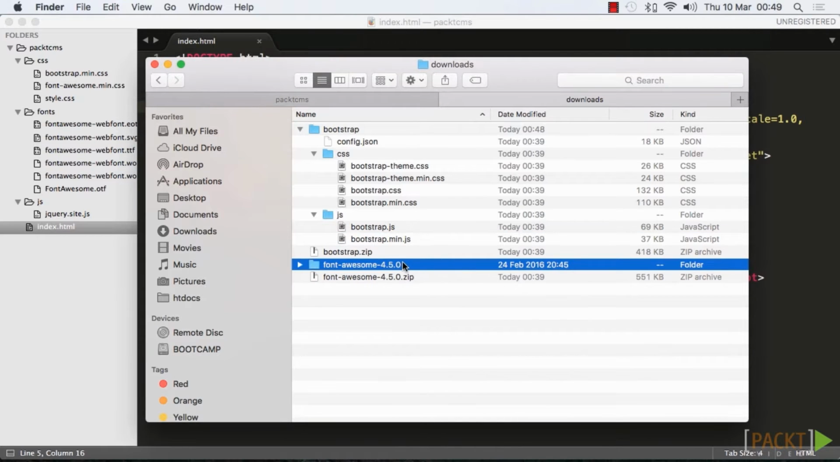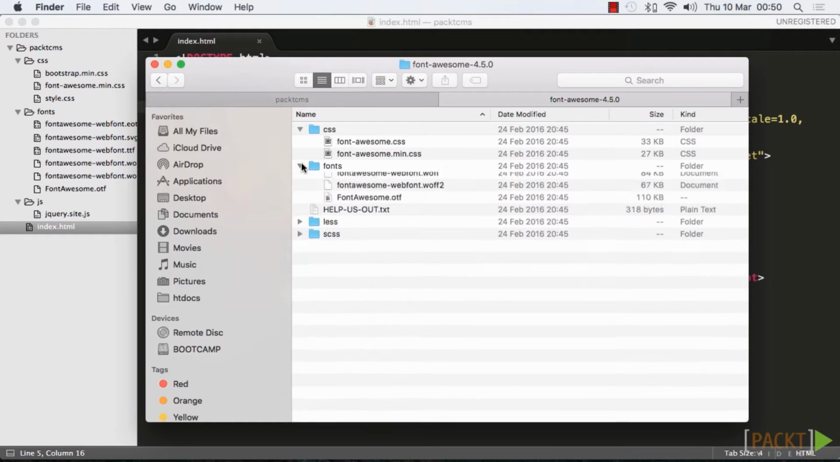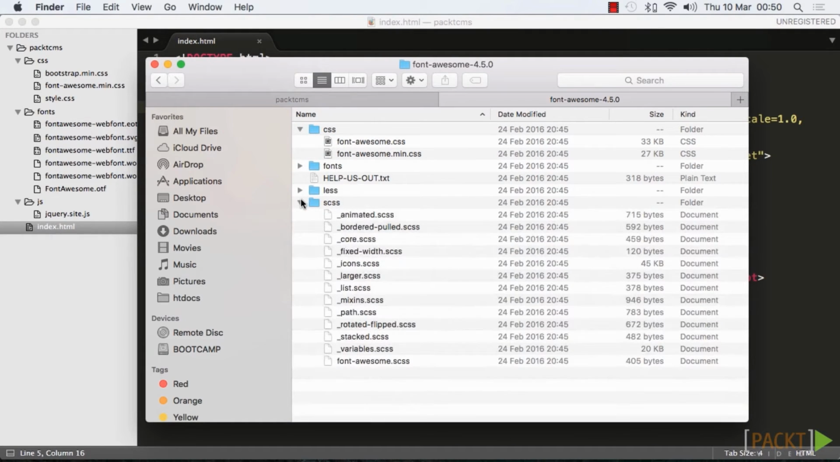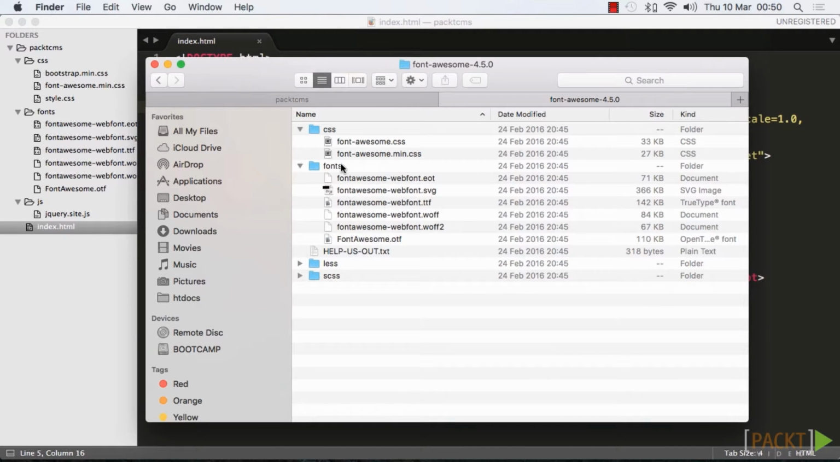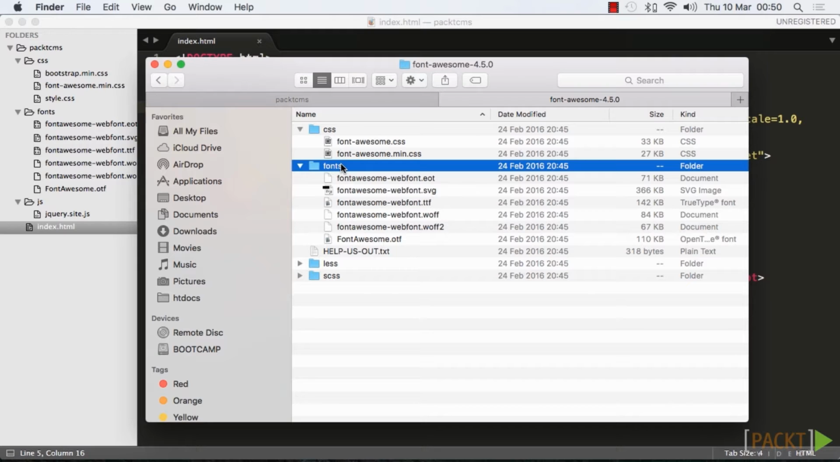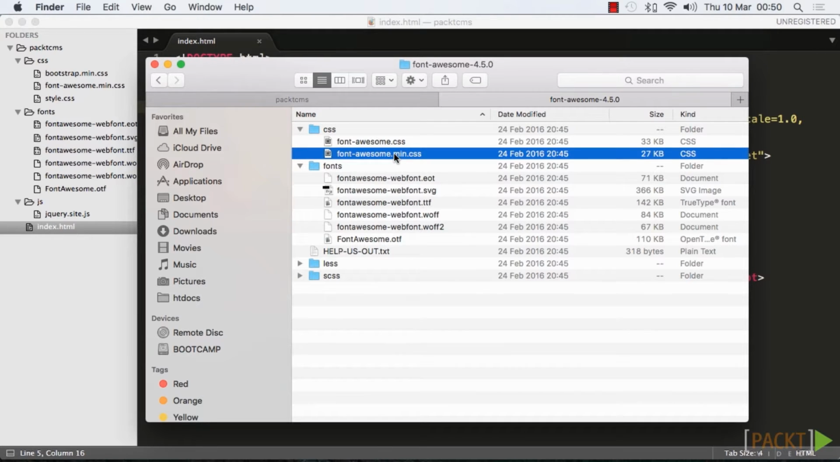Now, if you extract Font Awesome, you will see that it comes with a CSS folder, fonts folder, less, and SCSS folder. The only folders that we are going to be using is the fonts folder, which you need to completely copy to your project because it contains all the different web font variants, and the Font Awesome min.css, which is again a minified version of the icon font, and there is no need that you ever need to touch